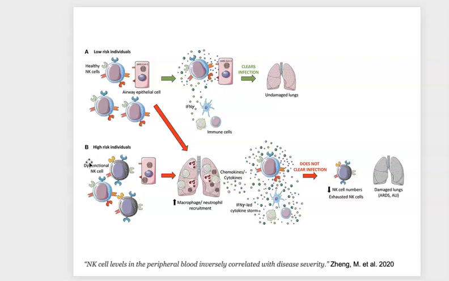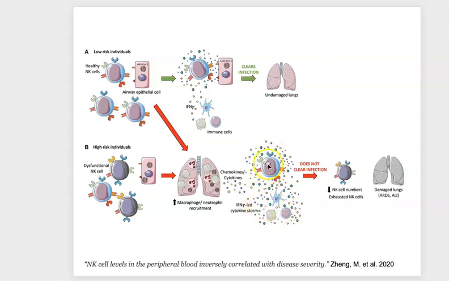decreased expression of granzyme production, for example, so less of that serine protease. And as a result, these dysfunctional NK cells can bind and try, but they can't clear the infection. And so the virus proliferates, and that triggers these NK cells to produce even more cytokines to do very minimal work. So more